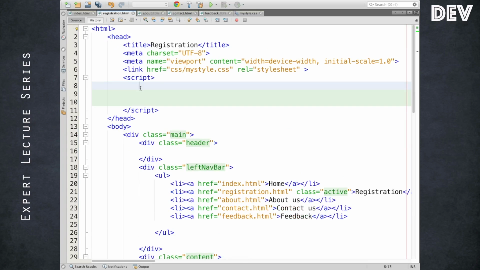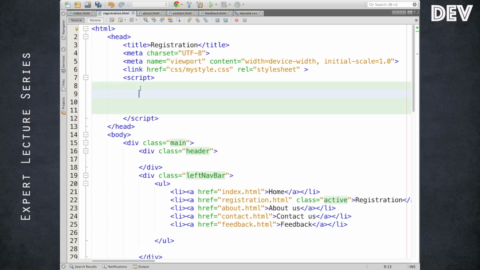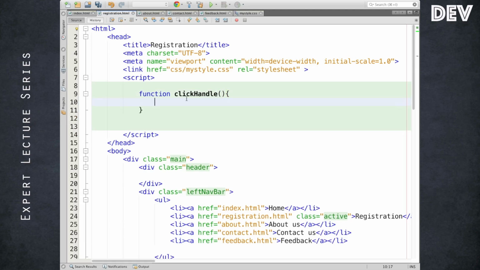So JavaScript blocks, like other object-oriented programs, the JavaScript is having all the object-oriented properties. The most common one, the function keyword. There is no return type declaration. Then a name, just a user-defined name, not to worry about, like click handle, any built-in method.